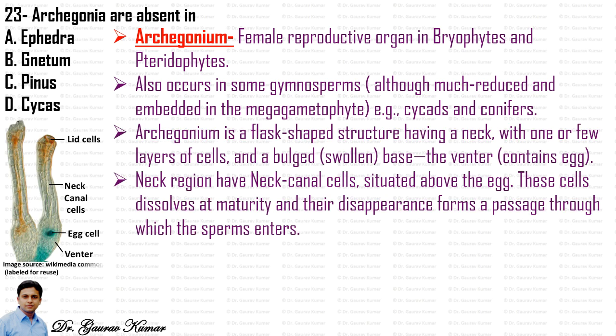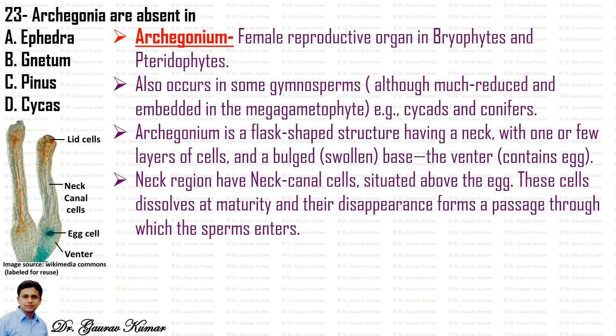The Archegonium, you can see the figure on the left hand side. The Archegonium is a flask shaped structure having a neck with one or few layers of cells and a bulged, that is a swollen base, which is called the venter, which contains the egg. The neck region has neck canal cells situated above the egg. These cells dissolve at maturity and their disappearance forms a passage through which the sperms enter and fertilize